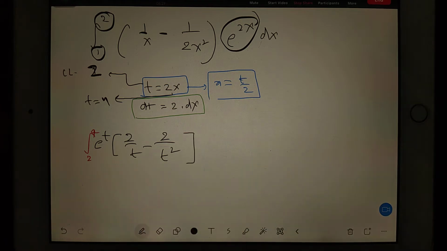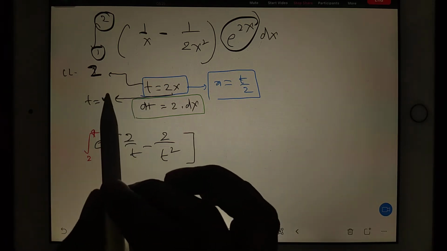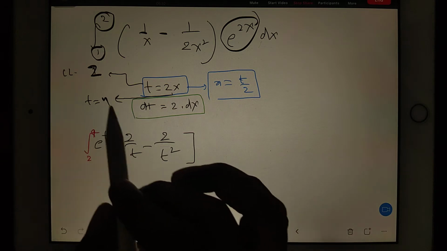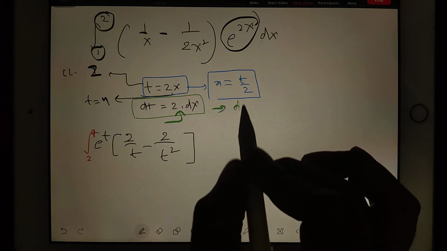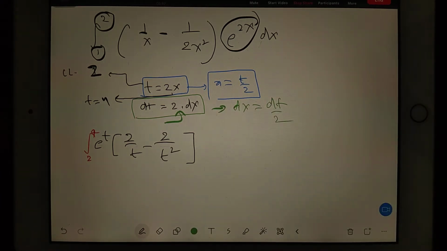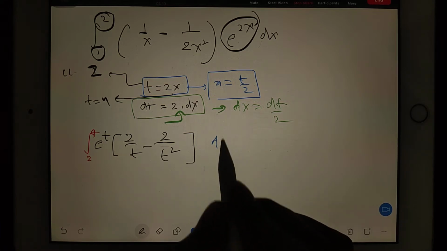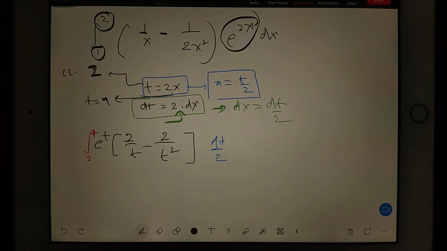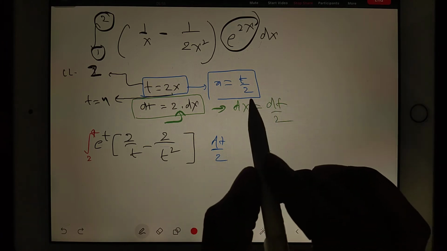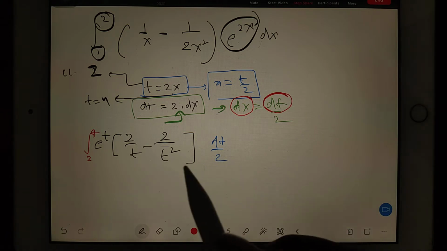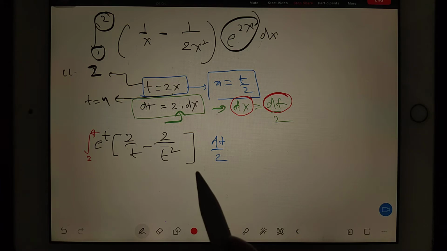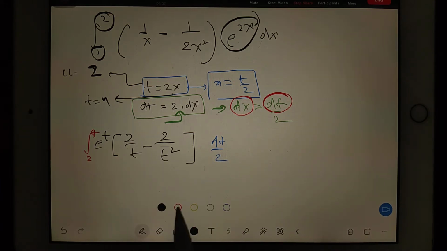Now, dt = 2 dx, so if you substitute the dx value, it is going to be dt/2. This dt/2 is going to disturb you somewhere if you do not put this 1/2 here itself, because in a hurry what happens is that we replace dx only with dt. These kinds of mistakes students used to make. So now we are somewhat clear.